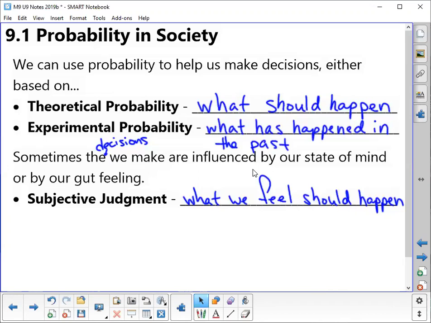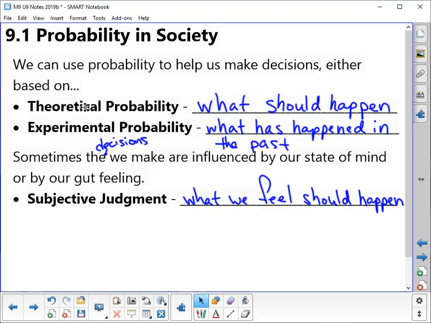You can go to Khan Academy and look up some more help on statistical, theoretical probability or experimental probability. You can also do the assignments in this slideshow, and I'll correct them as well if you send them back to me. So we can use probability to help us make decisions either based on theoretical probability,